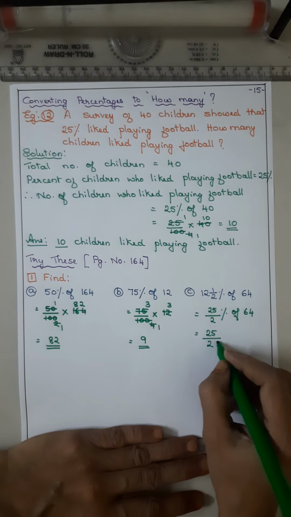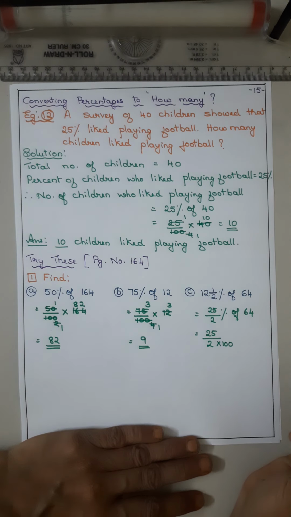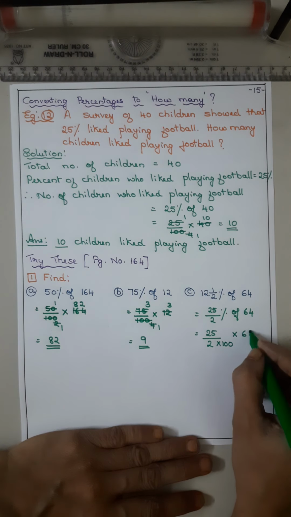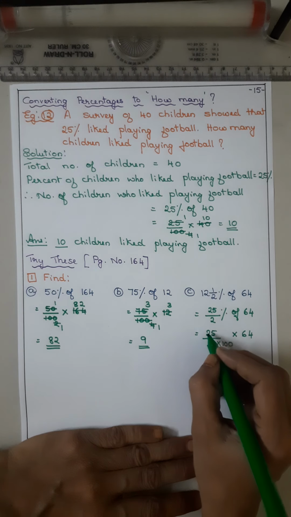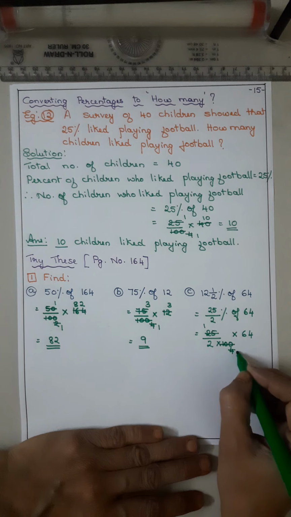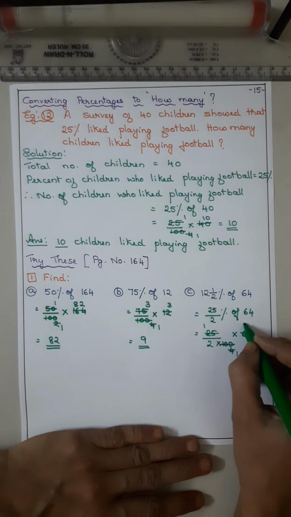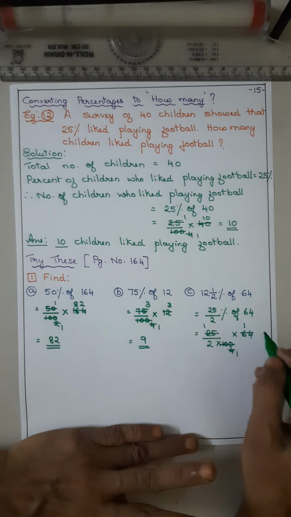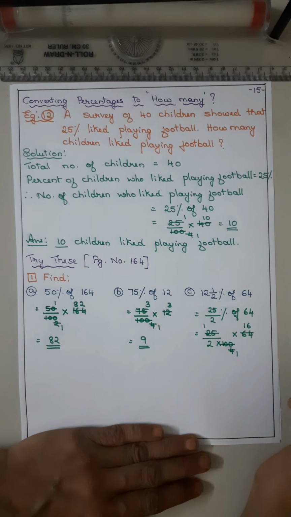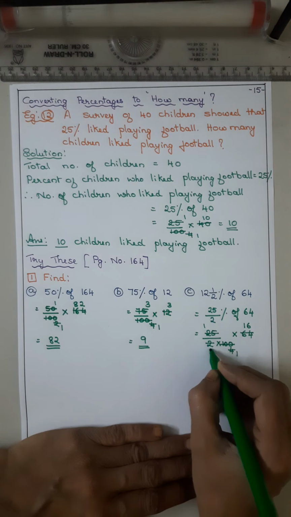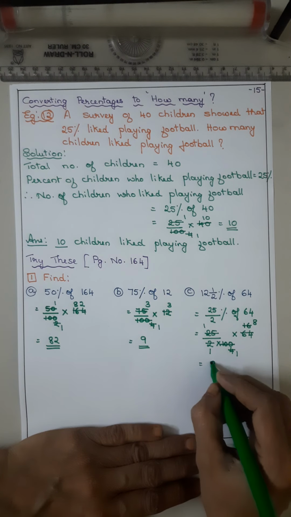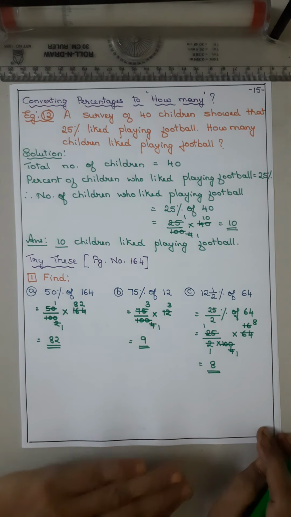Now this percent has to come in the denominator, isn't it? Now 'of' means multiplication, then 64. Now 25 ones are 25, fours are... 4 ones are 4, 4 ones are 4, 5, 6, 2 remains 24. 4 sixes are 24. Now you will be getting 2 ones are 2, eights are 16. So you got the final answer: 8.